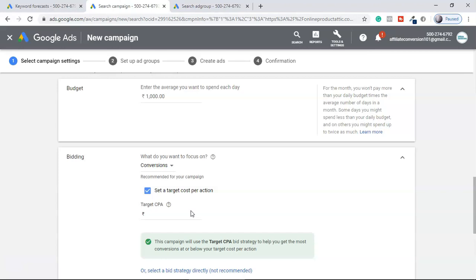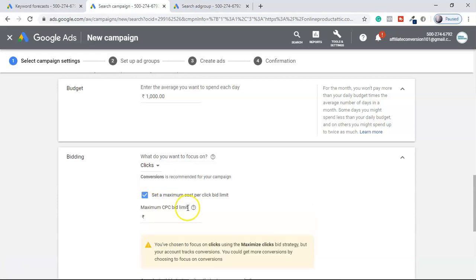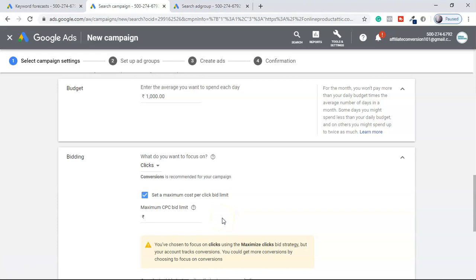Start with the lower budget, whatever it is. For the bidding strategy, whichever you are using, like conversion or click, in click you can also set up your own cost per click, because right now you have a very good idea for each of these keywords. So I always recommend: keep it relevant, do your keyword research, and start with a lower budget. That's it.